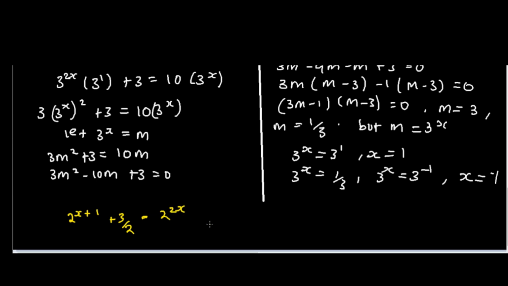And then we can also have 7 to power x being equal to 3 to power of 1 minus